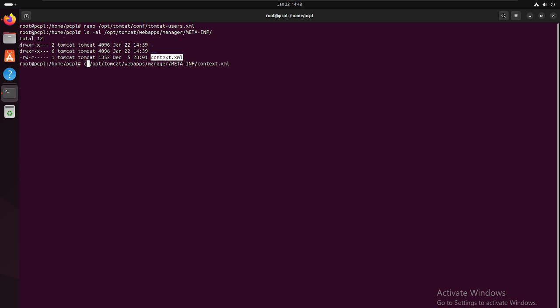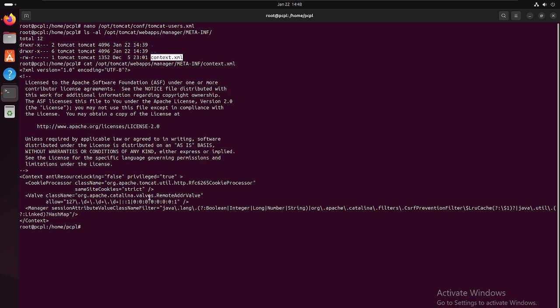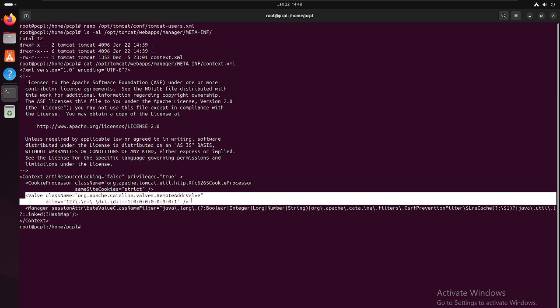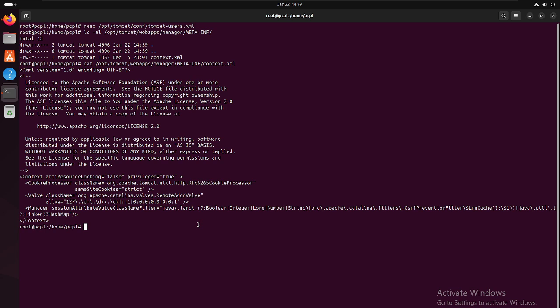So first of all, I just put here cat to read. We would like to delete this value until here. We don't want to get access from somewhere else, so I just need to remove this following. Now I just go back